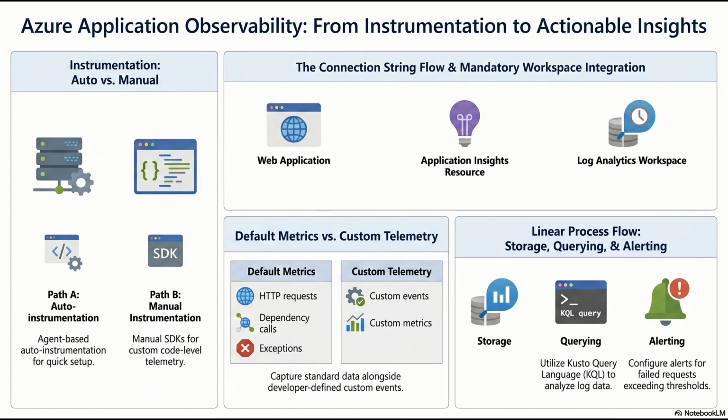Let's apply that lens to a practical scenario. Imagine a basic web app architecture. We have an Azure App Service hosting the front end, talking to an Azure SQL database on the back end. It was spun up quickly by a small team. They left the default monitoring on, but they didn't implement any of the tools we discussed today. No log analytics workspace, no App Insights SDK, no alerts. How does that architecture hold up under the well-architected framework?